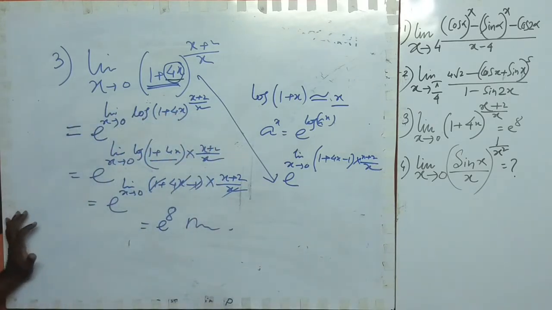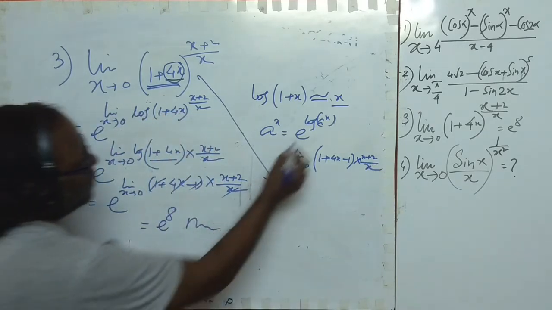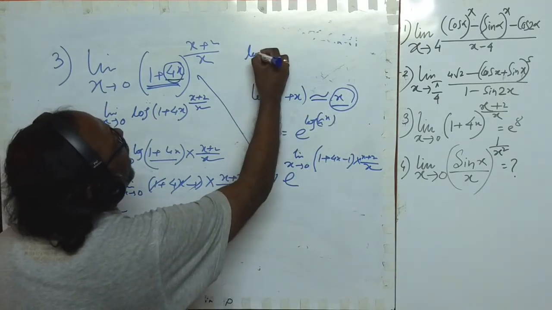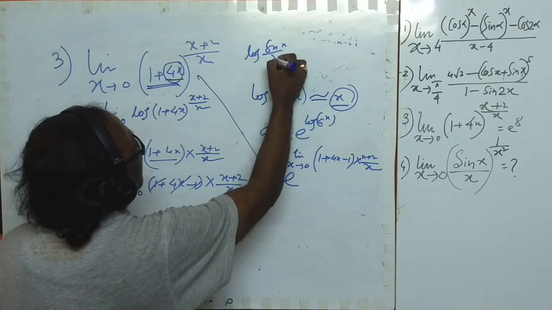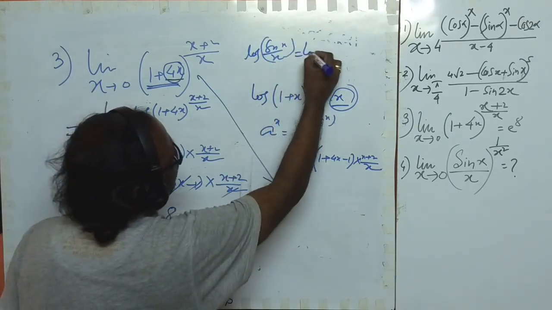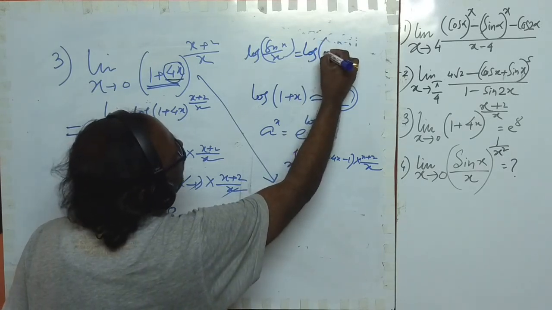We can write here. So as you see, this is somewhere like log of sine by x. How can we write this? Okay, that will be log of 1 plus